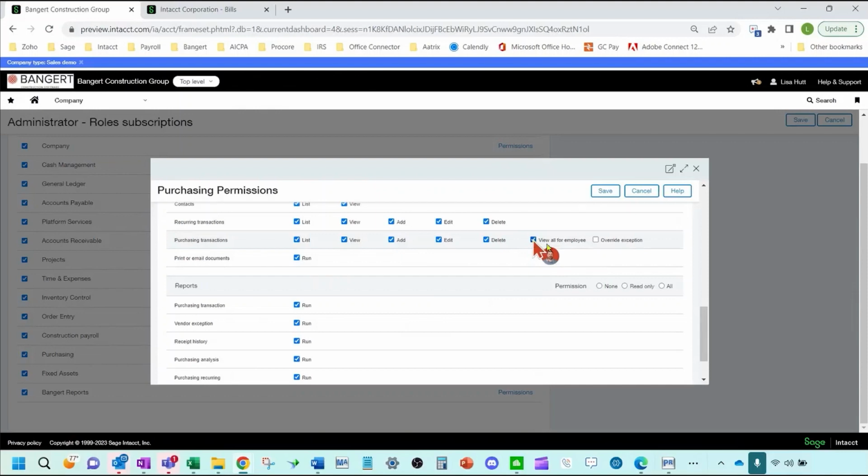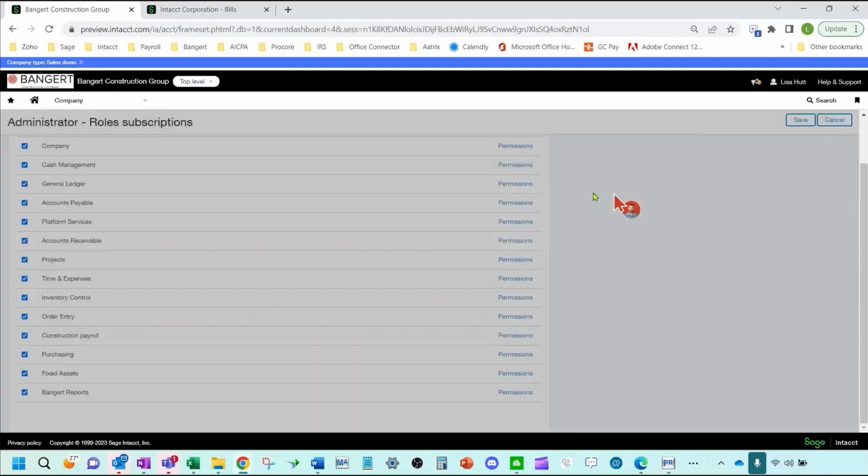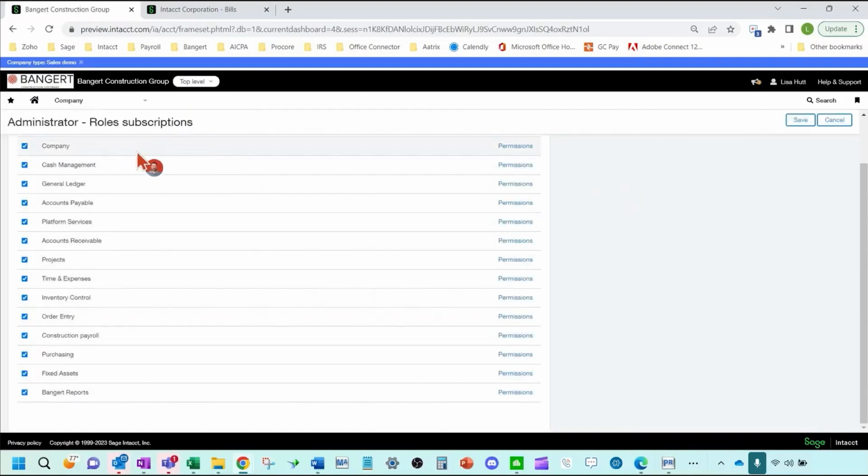And it looks like there's an override exception here that you can do as well. It's very helpful to have some of those, your purchasing manager at the minimum, be able to see that entire accounting workflow instead of just the PO. Like, did it get invoiced? Or did the bill come in from the vendor? All that good stuff. So now they have accessibility to view those transactions and interpret the data as needed. So that sums up the access and editability features.